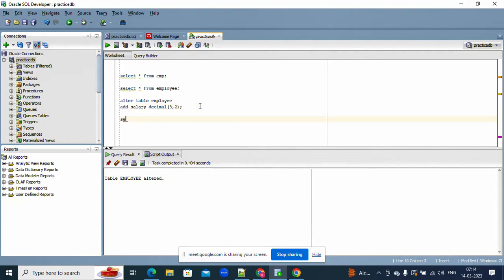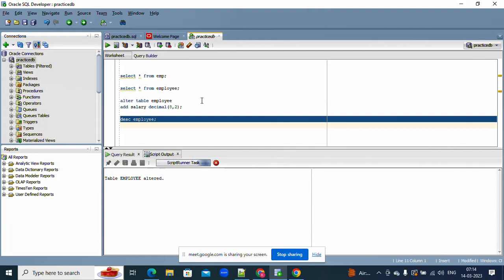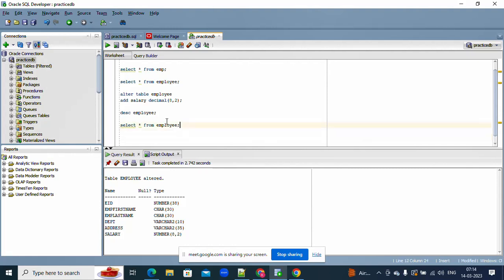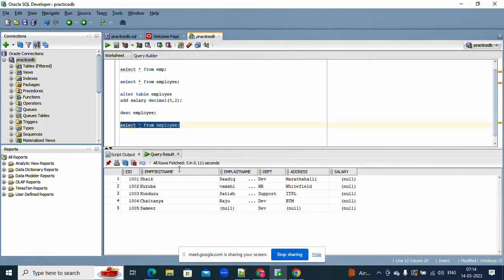If I'm seeing the description of the table employee, so we are getting the salary here. Now I would like to add some salary. Five rows we have. Update